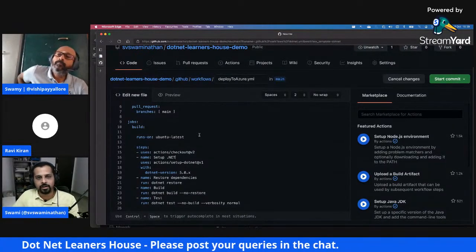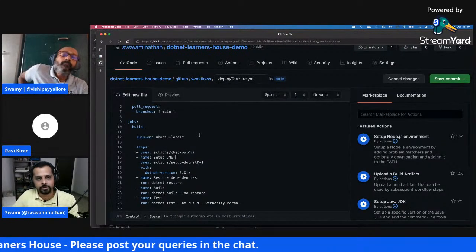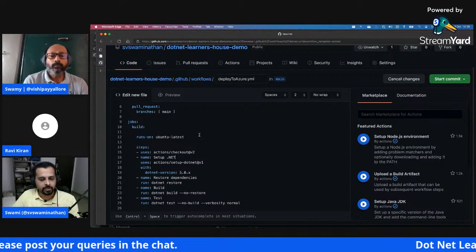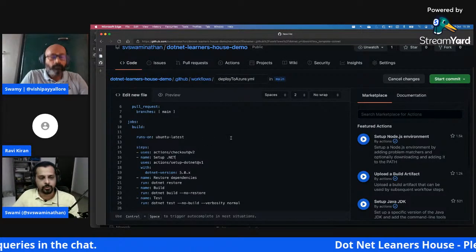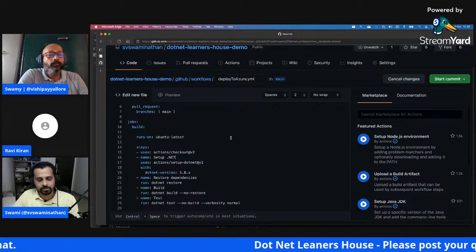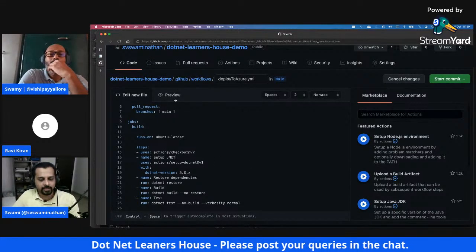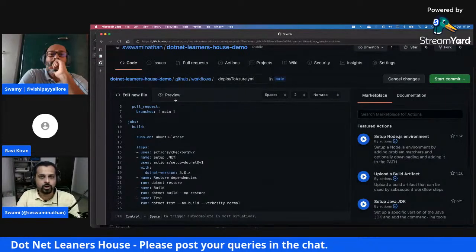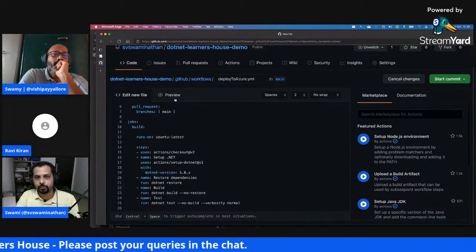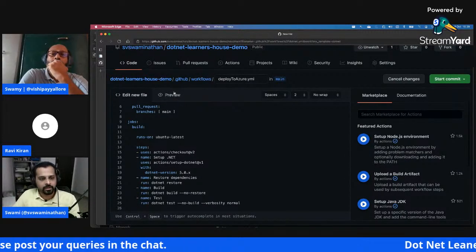Of course, if you're working on enterprise, you'd have more steps to it, right? You might also run maybe code coverage, and then you could also run your SAST, which is static application security testing, etc. I'm leaving those things aside for now, for brevity's sake, because those things depend on the kind of tools you're using. Each enterprise could use a different set of tools for accomplishing those things, right?